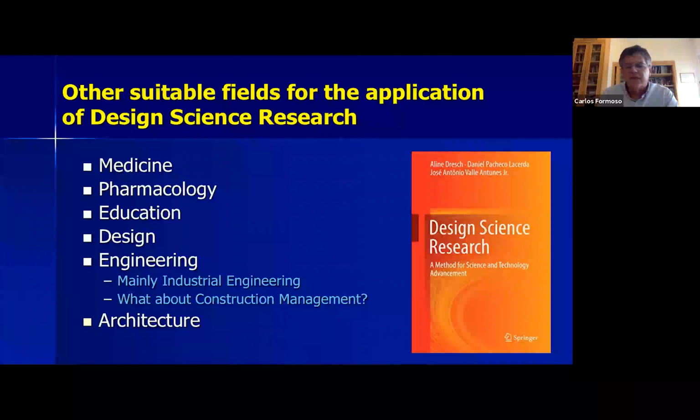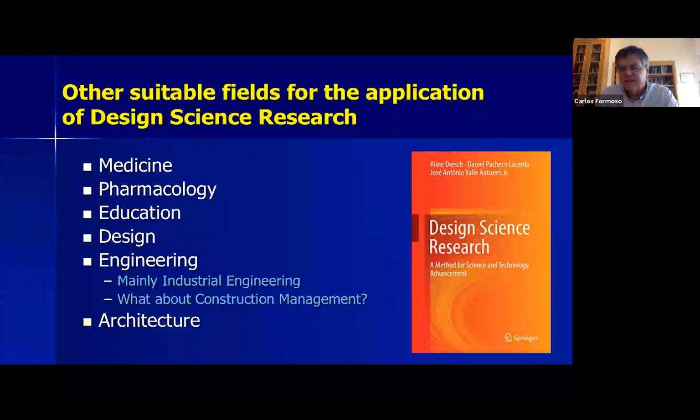Also in the field of architecture, it's a field that traditionally adopts descriptive research, and now I've seen a number of studies using design science research. The case of construction management is quite interesting because at a certain point there was a discussion which kind of